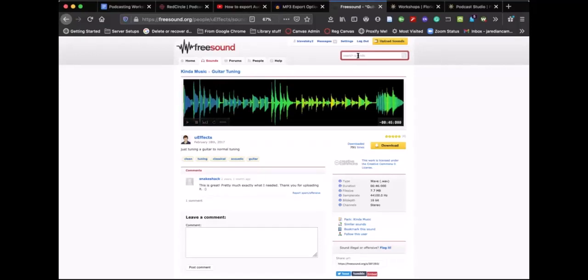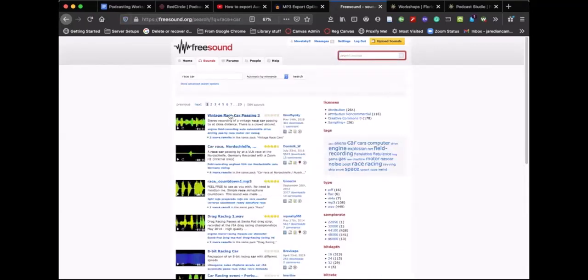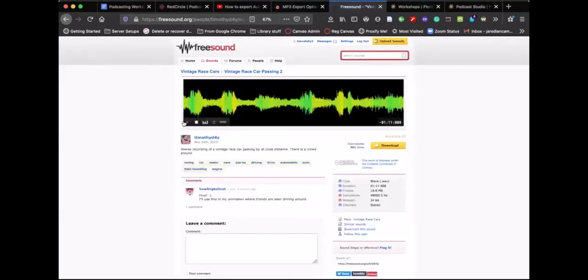You can search at freesound.org, and then you can download the things that you like. Now, you can use this to just color the sounds that you're making in your podcast. So you name it. If you're looking for something, like maybe a race car, let's see, a vintage race car passing. So you can get these sounds right here. You can download them, and then you can add it directly to your